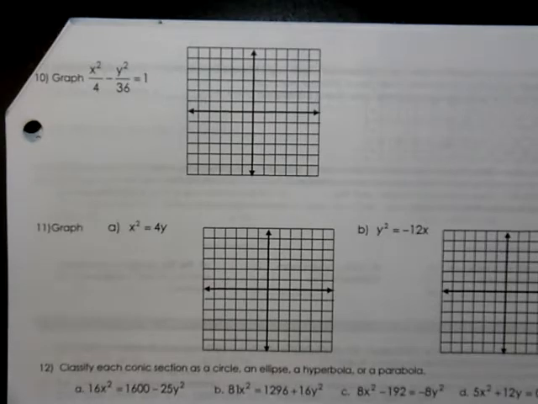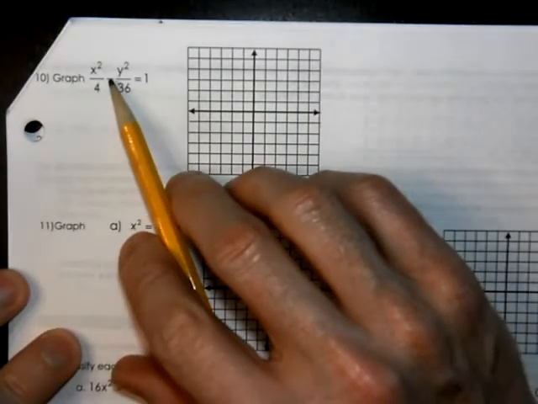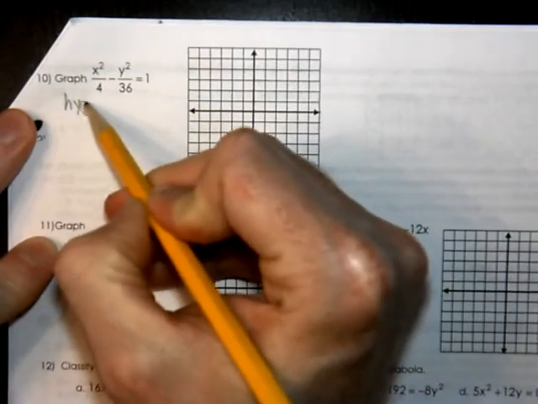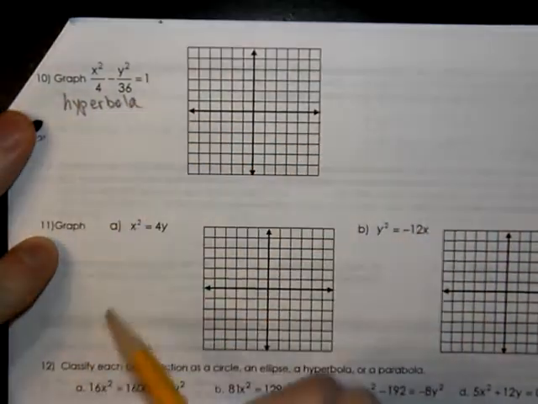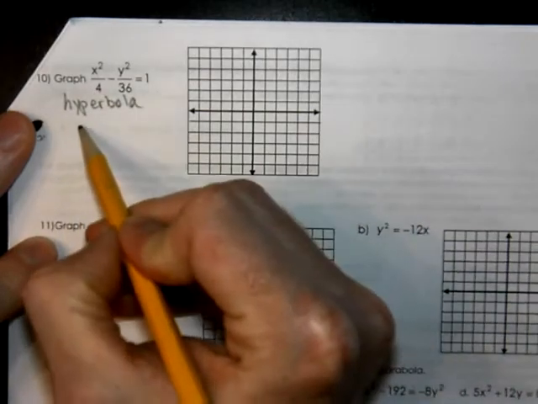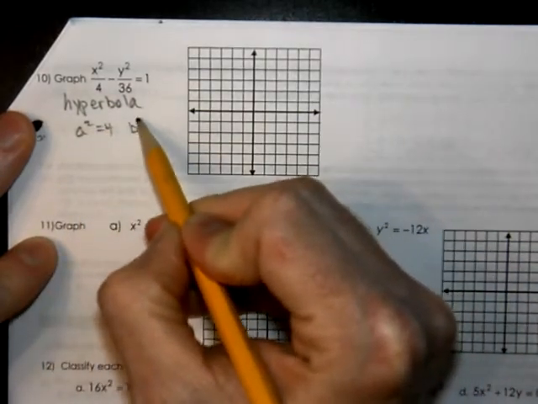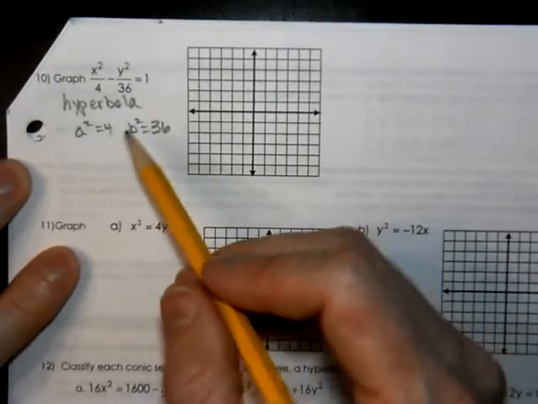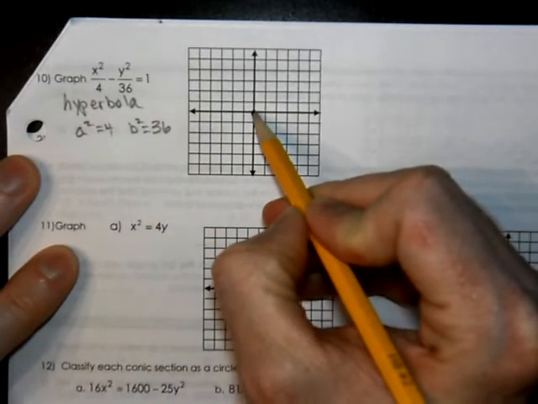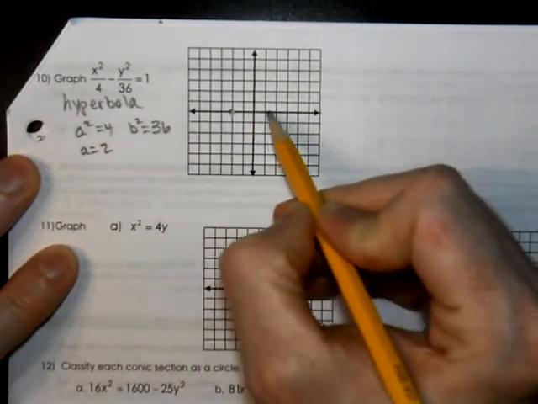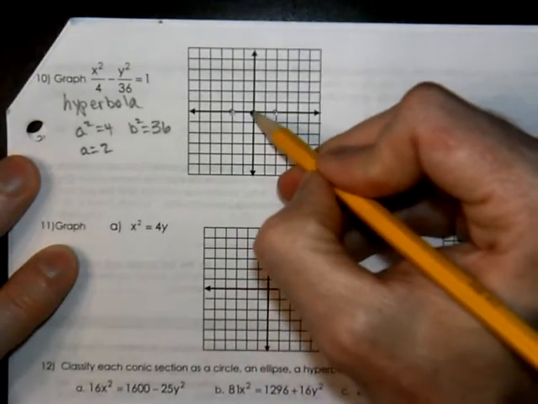On our next page, number 10, we're looking at another equation to graph. It has a minus in between the x squared, y squared, so we know that this is a hyperbola. We know that the x and the y would change orders. This is your a, actually your a squared, and your b squared is 36. In a hyperbola, the a is not always the larger number. So the x shows that the a value is going to be going to the right and to the left. The 6